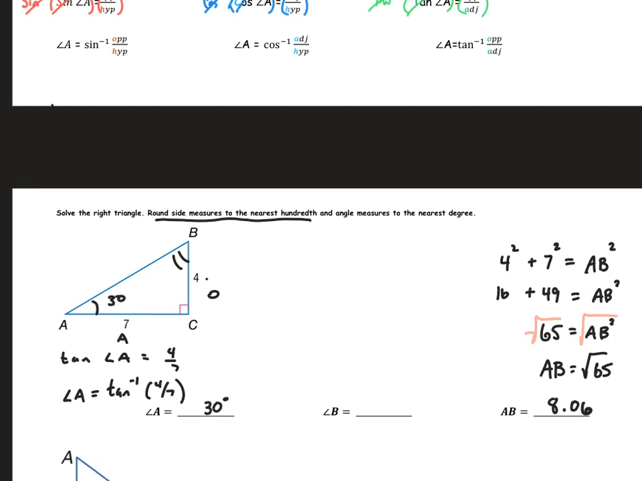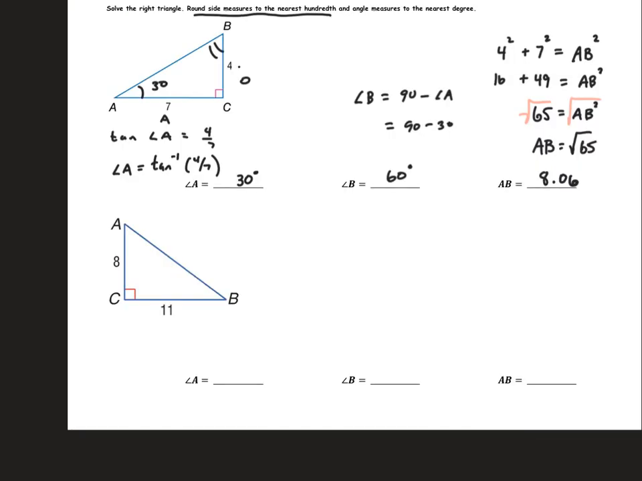And now we know that all triangles add up to 180. If I wanted to find angle B, I would say angle B is equal to 90 minus angle A. So that is 90 minus 30, which is 60 degrees. I'm going to let you guys attempt to try this problem on your own. I'll fill in the work here in about 10-15 seconds, but just wanted you guys to attempt this one on